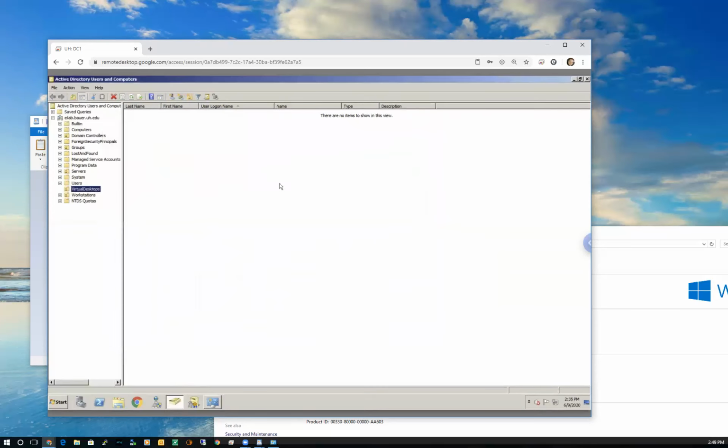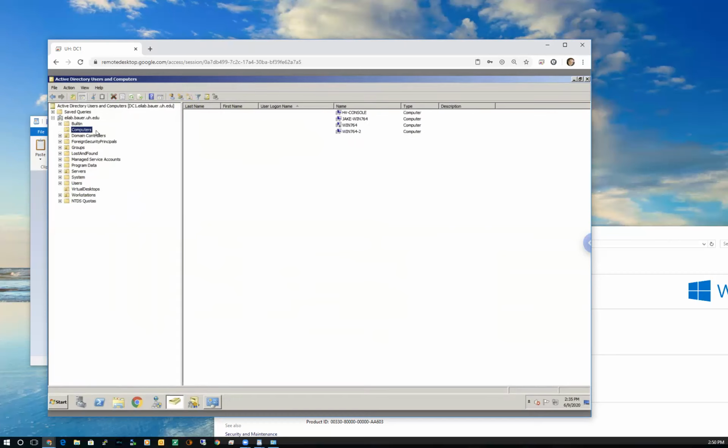Okay, so if we look at this Active Directory Users and Computers, this is just an application on the domain controller. Here's the domain name, and you can have multiple domains within one physical network, but usually you just have one on a small network. If I click there, you see computers. These are the names of computers that have been added to the domain, and there are several groups of computers. I have two domain controllers, DC1 and DC2, domain controller 1 and 2. Most commercial networks are going to have at least two. One's a backup to the other.